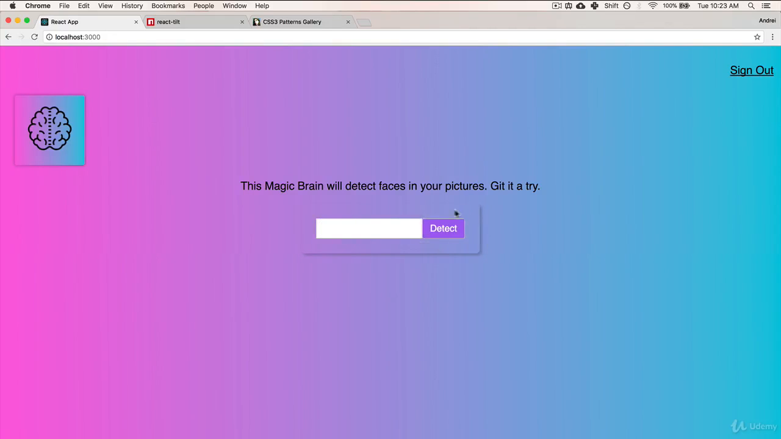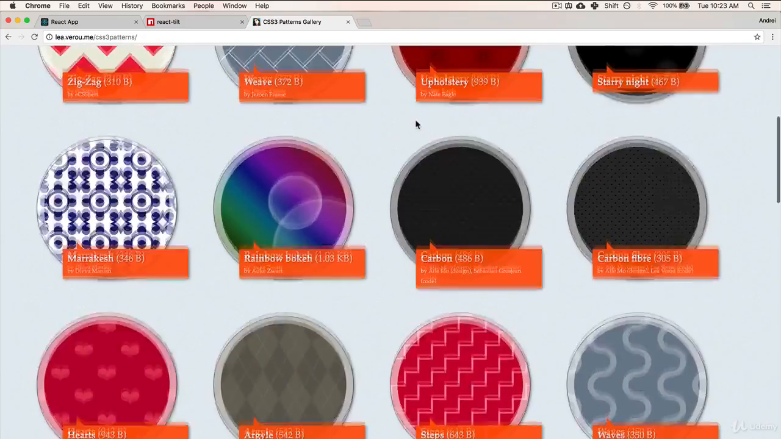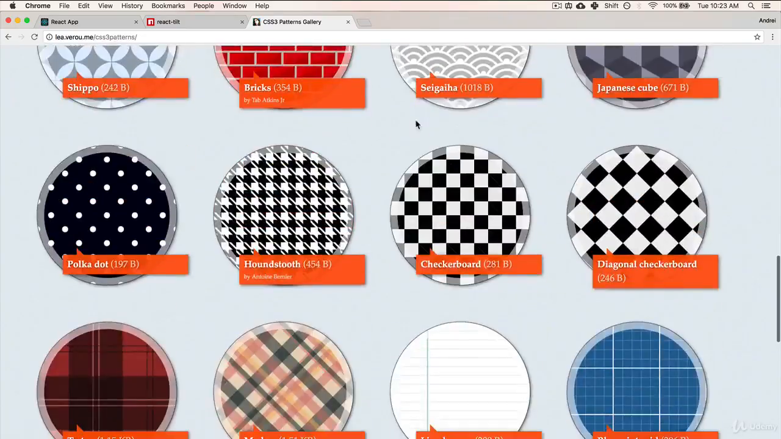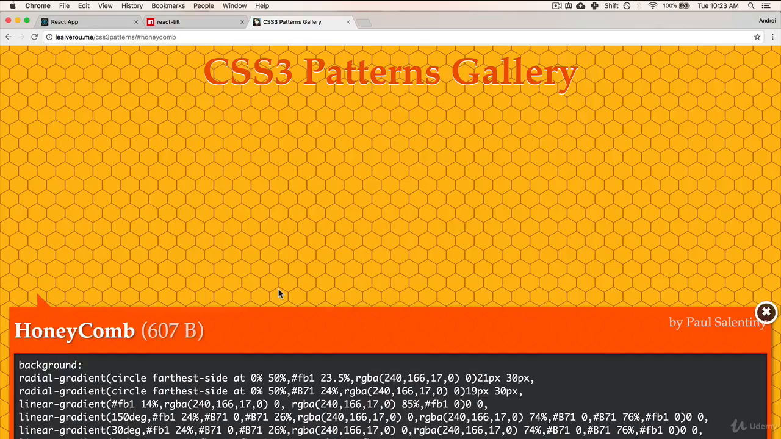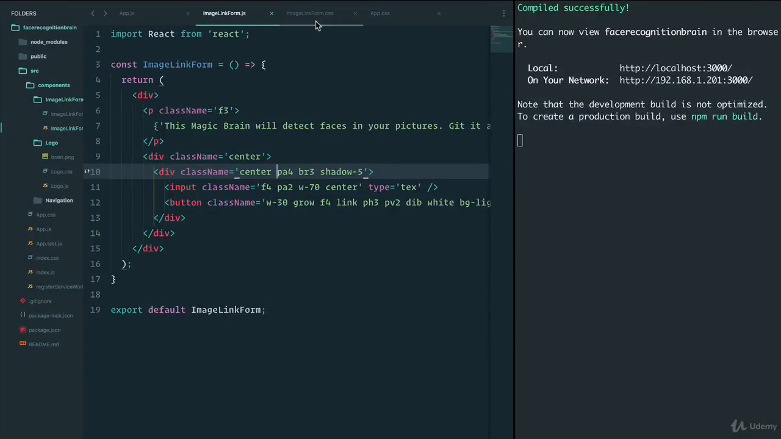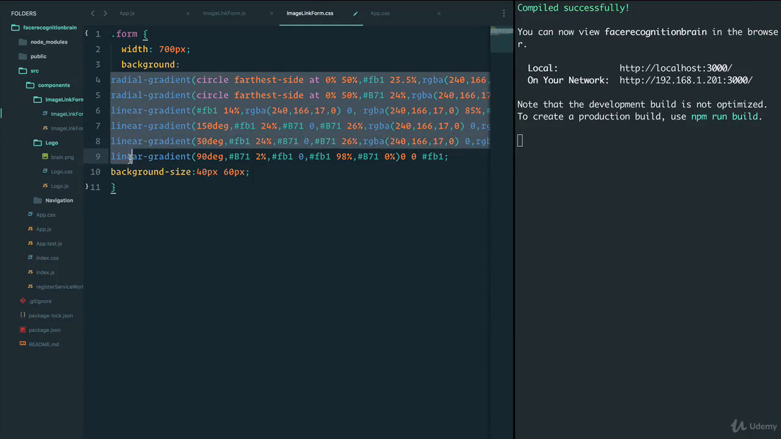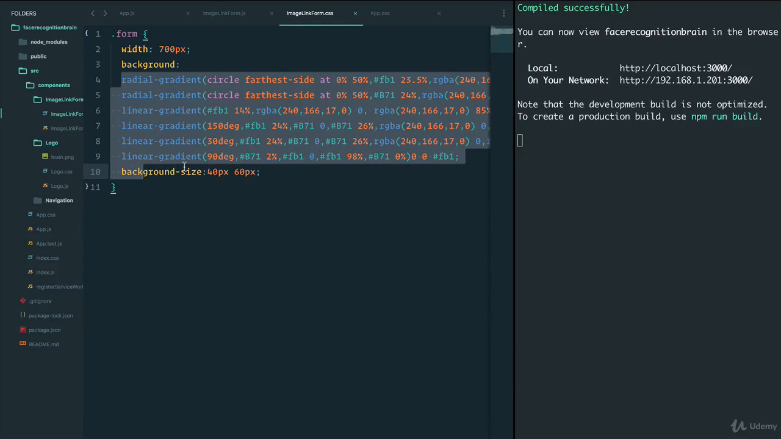Now, for the background, again, I don't want it to be the exact same as this. Hopefully we can use a nice pattern. And I have one of my favorite pattern galleries here where you can pick CSS patterns. So the one that I really like is the honeycomb. And we can just copy and paste this, which Paul Salentini created for us. Thank you, Paul. And just add it in here. Let's save that